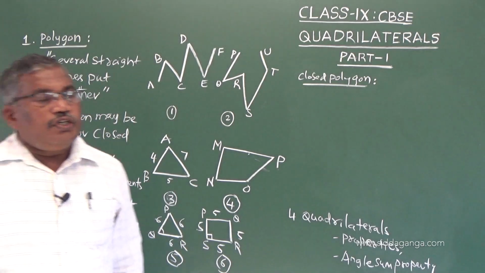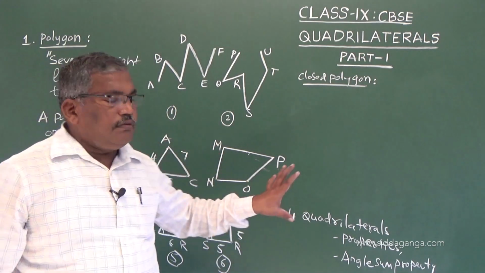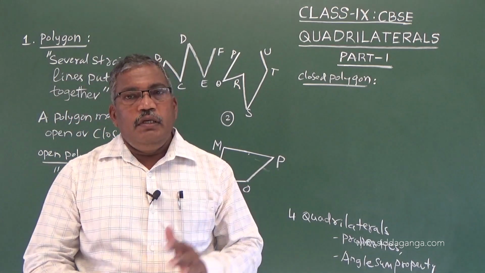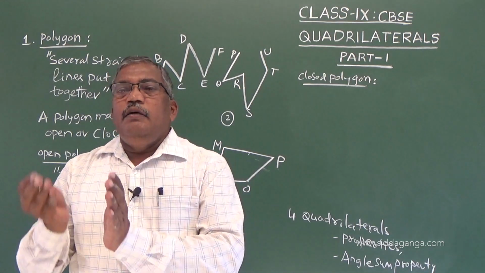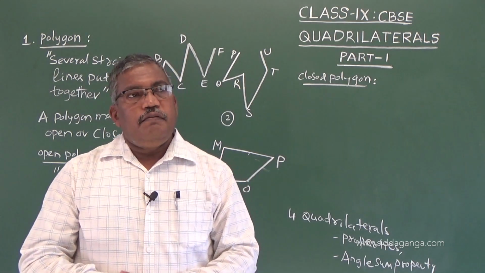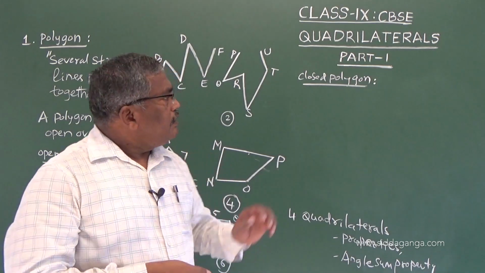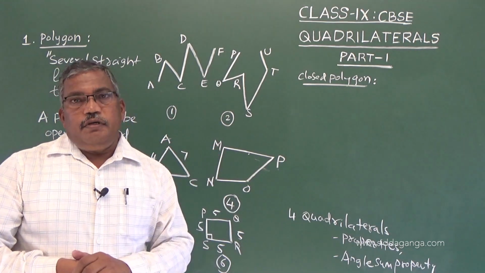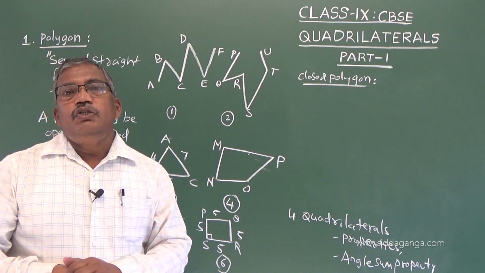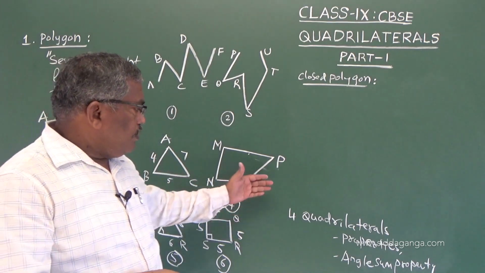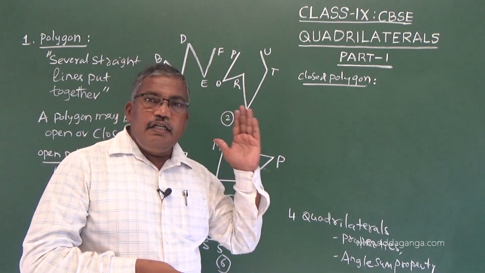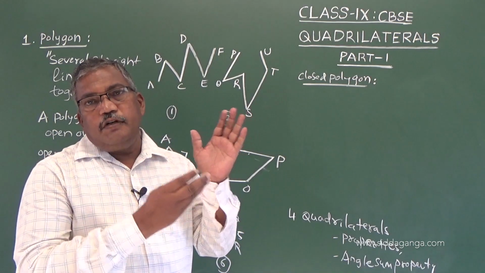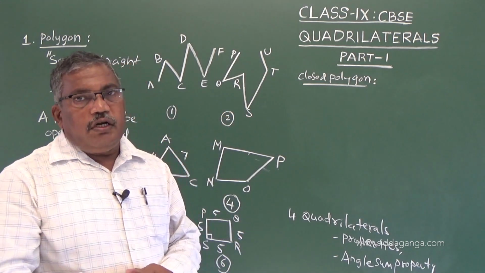Closed polygon. Dear students, you have to acquaint yourselves with all these terminologies, new words which appear in any chapter. Then only you will be able to understand the problems in that respective chapter. Therefore, keenly understand each and every term, new words and their meaning, which you come across in new chapters. You have to remember what you have learned earlier in lines and angles, and then under triangles. That knowledge will be helpful in solving the problems of quadrilaterals also.